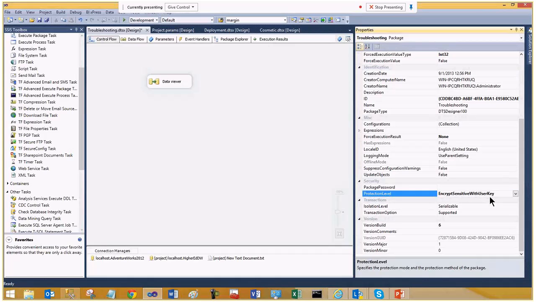But then you have to have both package and project at the same level. Okay. If you have